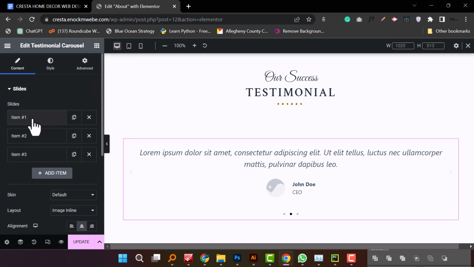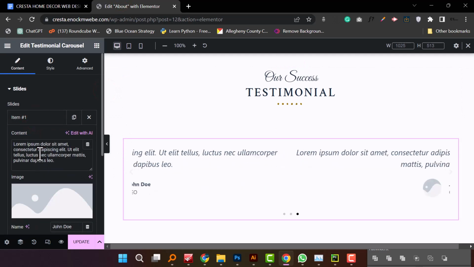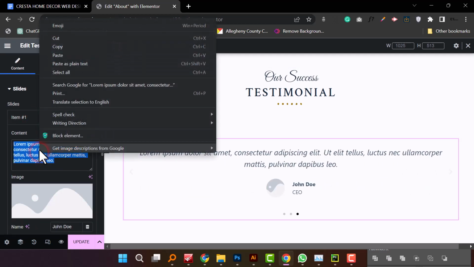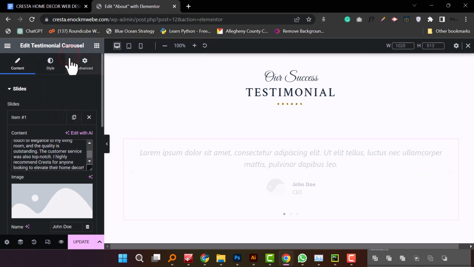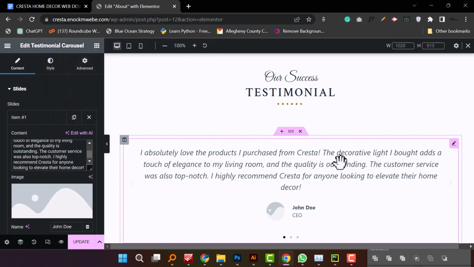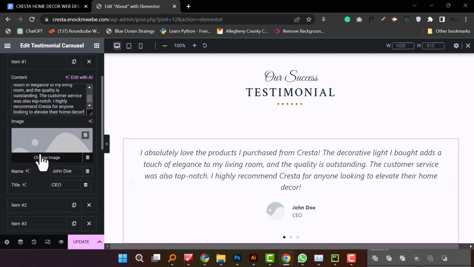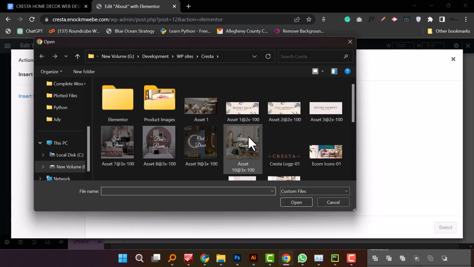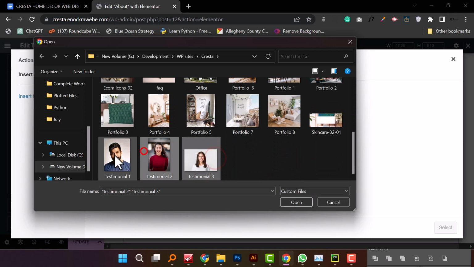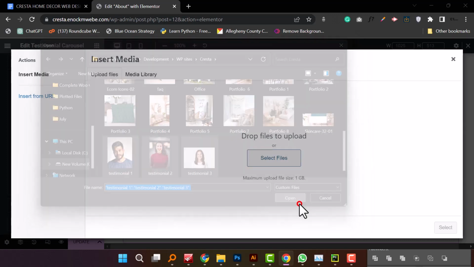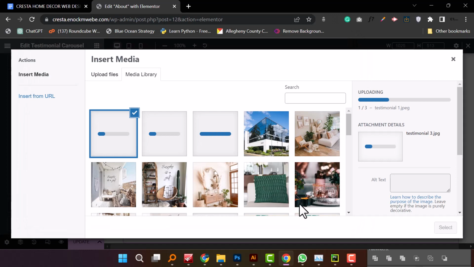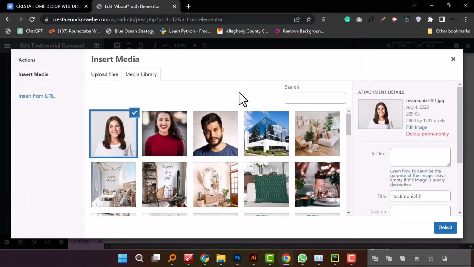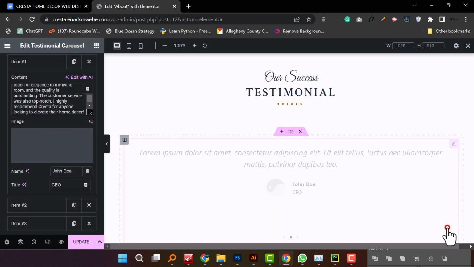and I'll go back to Elementor. So item 1, yeah, this is the first testimonial. Maybe they said this. Okay, absolutely love the products. Yeah, and who said it? We're gonna upload some photos of the testimonial people. All right, so I have 3 of them already here. So I'm gonna click open, and they're gonna upload. And once it's done, maybe we choose that,